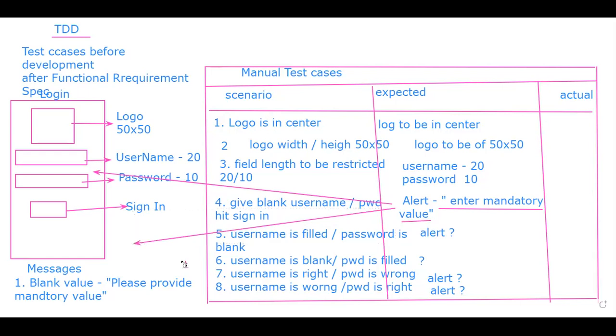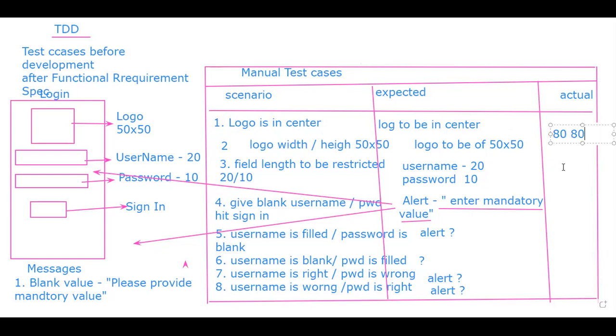The customer will be screaming, the system is not working properly, it's giving me the wrong alert. I've got lots of complaints because of this. So the first thing we should always keep in mind is that customers are not worried about the business logic. They are worried about the look and feel first. If, let us say, the logo has to be centered at 50-50, and the developer or the lead did not get that information and made it 80-80,